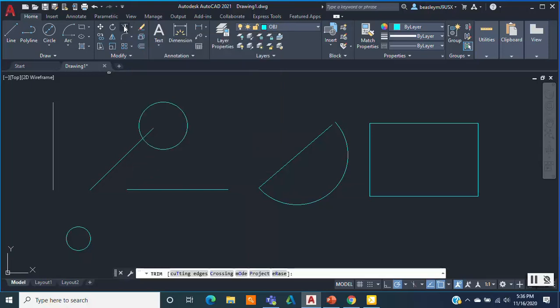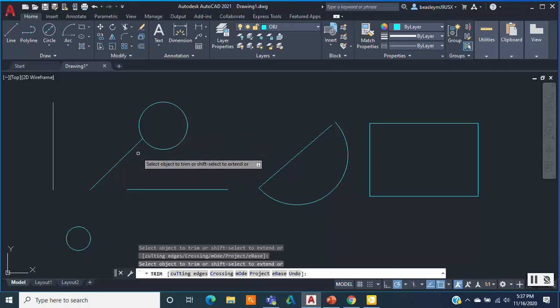Once you've selected the Trim command, you select which object you would like to trim. So as you can see, a red X appears next to the square, and then the layer you've used to draw the object becomes dim once it's been selected. So we're going to trim this little line that's protruding through the circle. And now that you've trimmed, you can see that this little piece of this line that was protruding through the circle has now been removed.